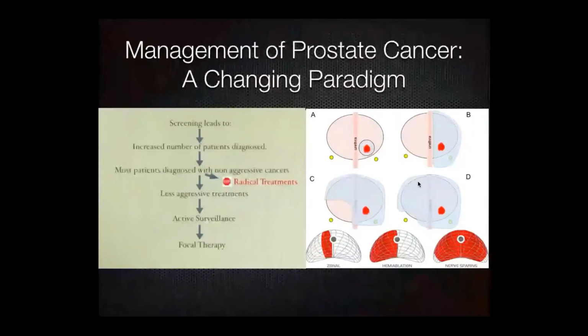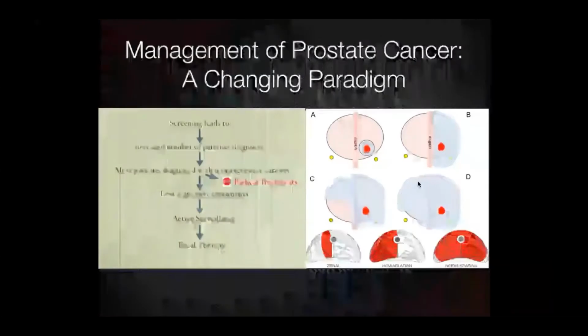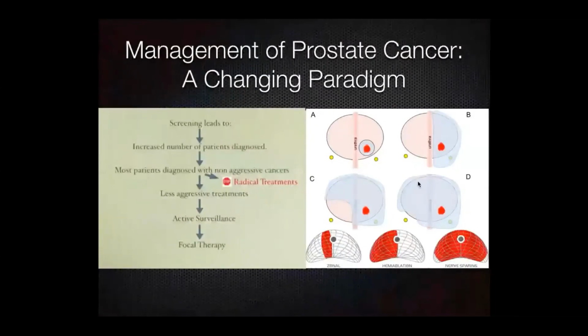So if you have a tumor we see with the MRI scan, if we can target it, and that's the only place that we have the disease, can we just treat that disease with a technology such as HIFU and leave the rest of the prostate alone, with the idea that the more prostate you preserve, the more function you preserve? And focal therapy may be an option for patients with low volume, low risk disease,